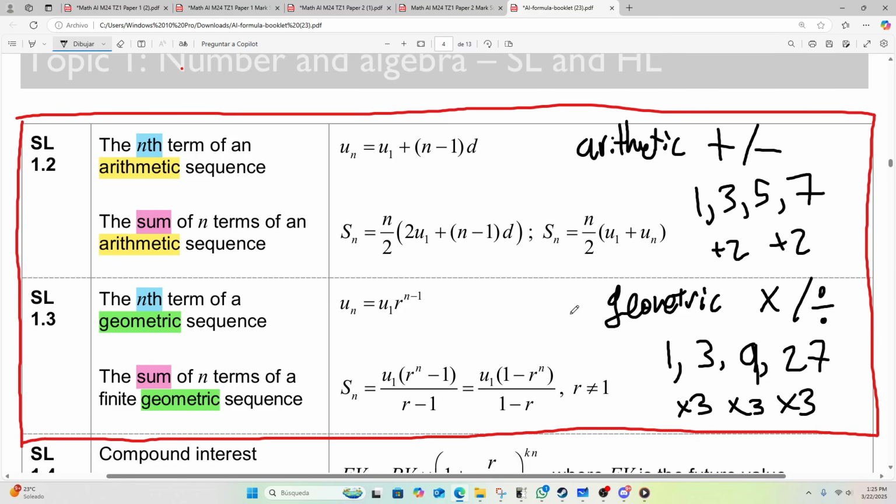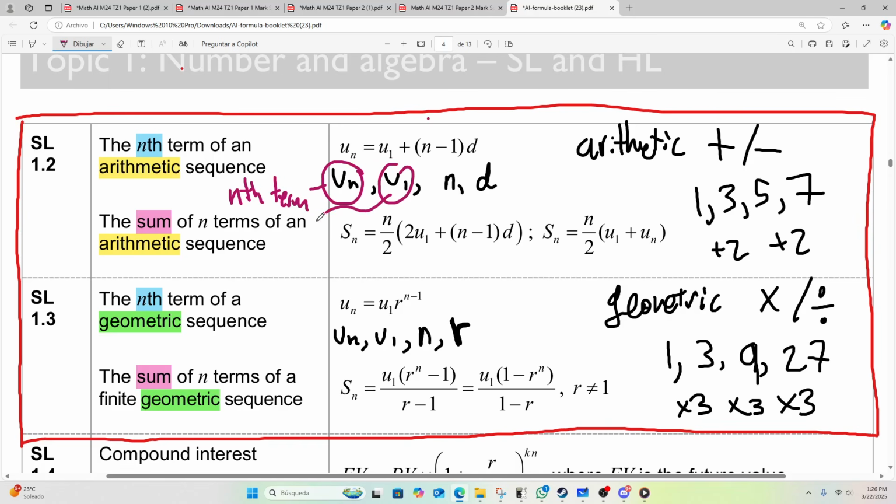All right, perfect. What are the things you need to know? You need to know clearly, what does u_n mean? What does u_1 mean? What does n mean? What does d mean? For arithmetic. Well, below, you have to know what is u_n, what is u_1, what is n, so it's pretty much the same stuff, and what is r. This is a scenario where I tell you, look at the description, you'll find a video that helps explain this more thoroughly, more deeply. But just as a general overview, this is what we call the nth term.